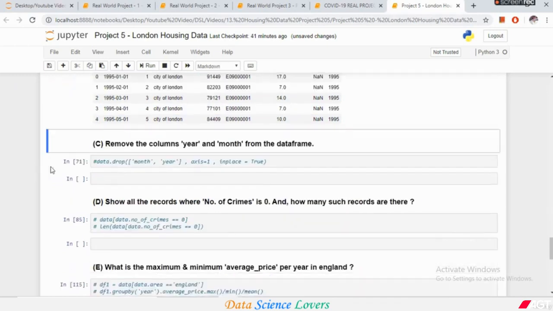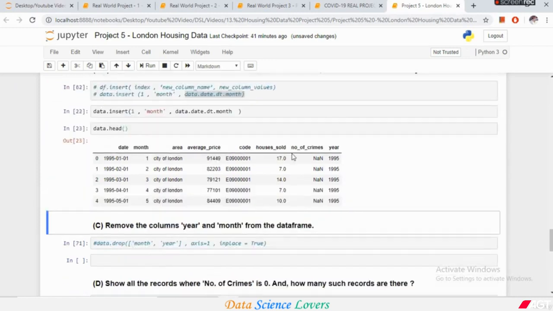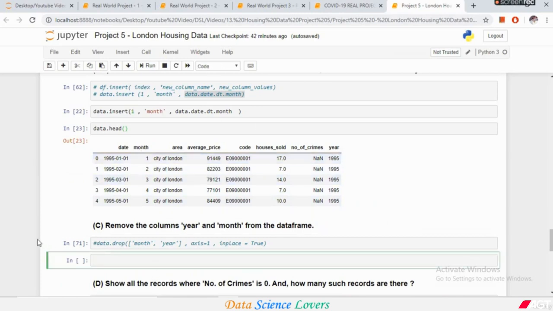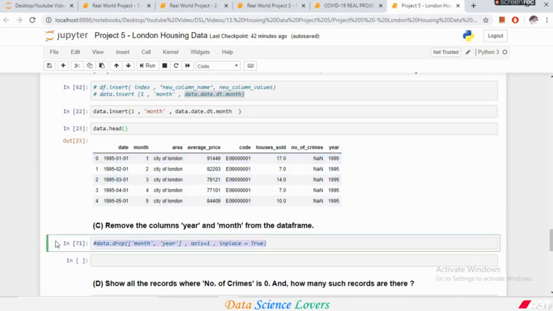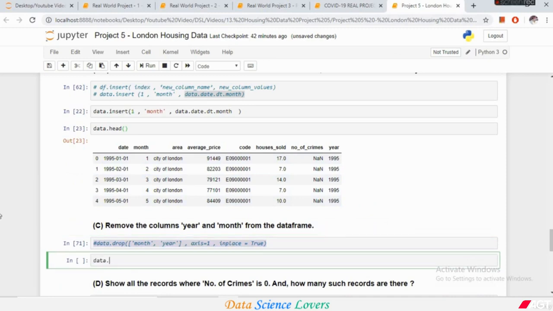So next question, it is asking to remove the columns year and month from the data frame. So this is related with the removing of columns. So we have to delete these columns month and year which we have created, and the syntax is shown here also. I will explain it. We have to write the data frame name, and we will use the drop command, drop function, which is used to drop